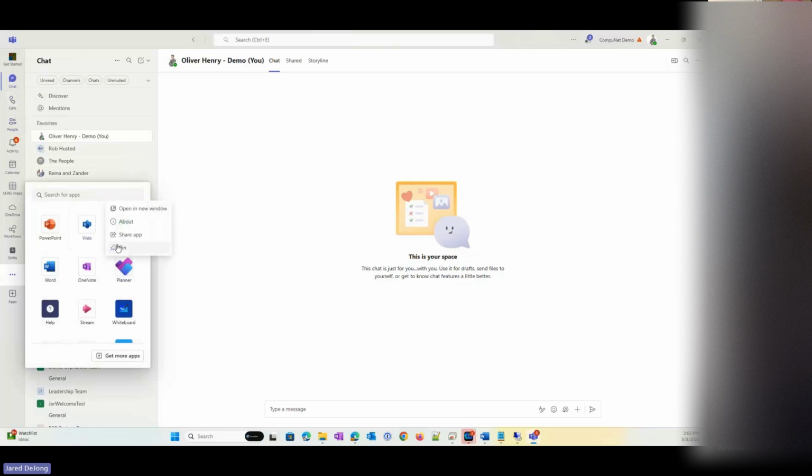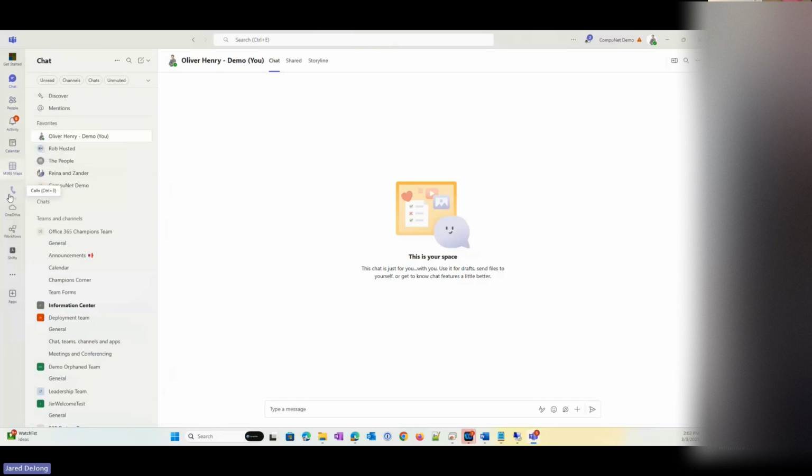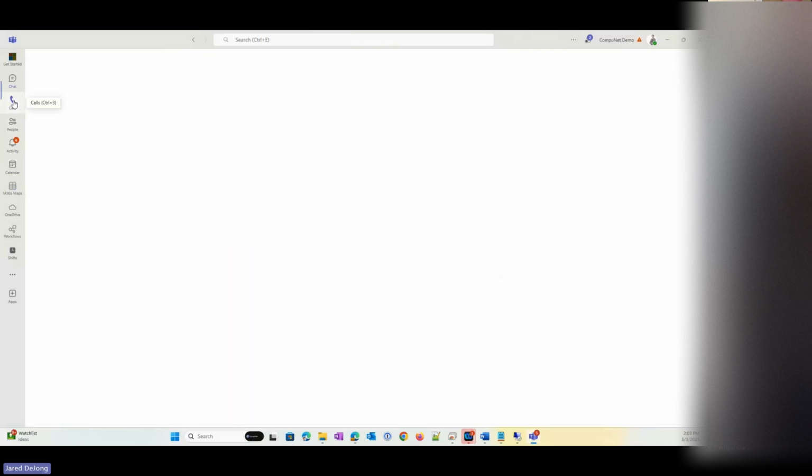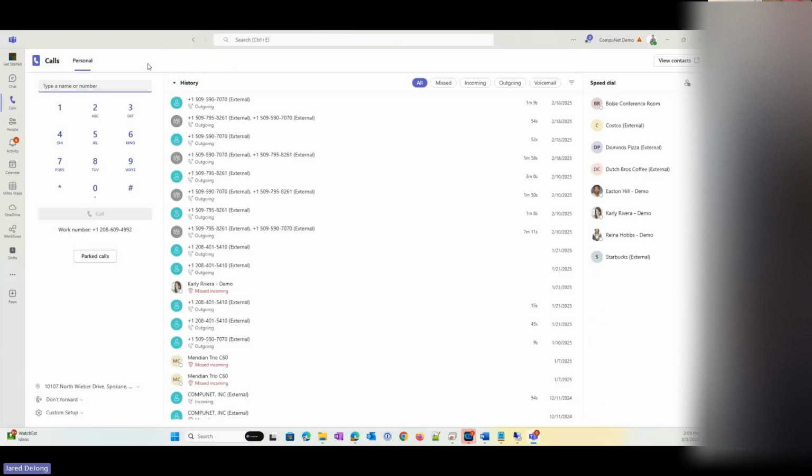Actually, you can right-click on it and choose to pin it. And when you pin it, it permanently fixes it to the sidebar here. And then you're able to click and drag and reorder these icons into whatever order makes the most sense for you. So once you've got the calls application on the side, if you click on that, it pulls up the